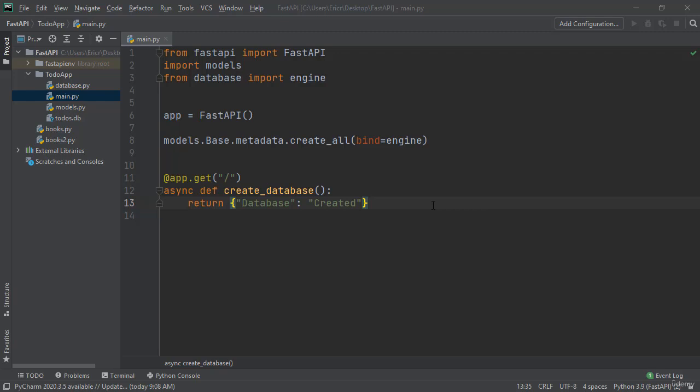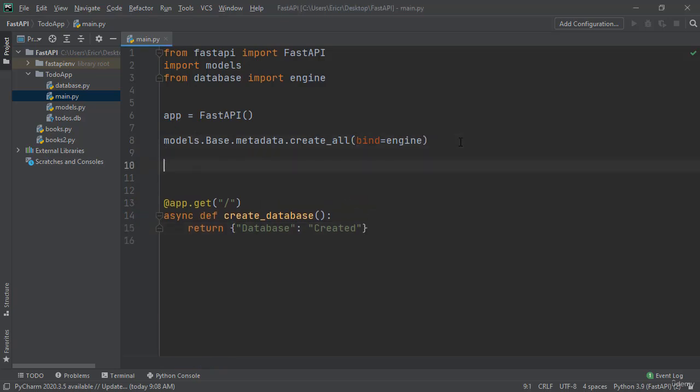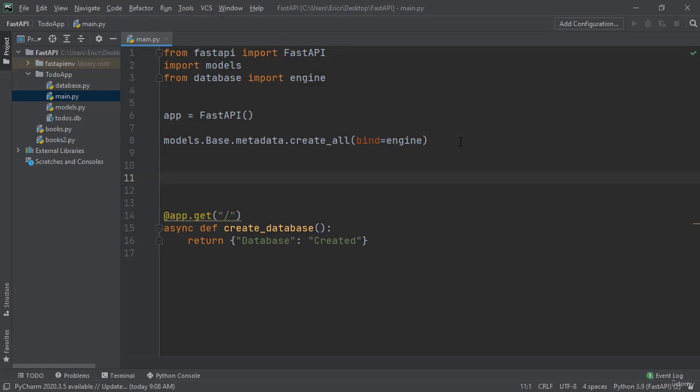Now to do this, the first thing we need to do is create a new function right under models.base.metadata.createAll(bind=engine). This function is going to be called getDB for getDatabase. Inside the getDB, we're going to have a try and a finally where we create a session of our database, and then we close the database regardless if we get the session or not. We can create this function by saying def getDB